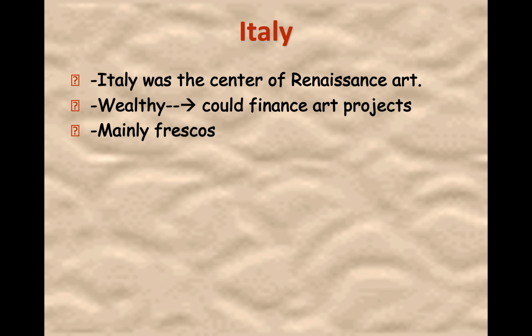Does anybody know what a fresco is? Kind of pause, maybe research it, do a Google search. A fresco is where you have plaster on the wall and you're able to paint over that. We see frescoes in Italy because it's hot. That plaster can dry really, really quickly. We're going to see a difference in the Northern Renaissance where they're going to be mainly using oils. Okay, and that was because it's a little bit colder and a little bit more rainy, and the water won't necessarily mess with the paint so much. Okay, but Italy's going to be mainly painting in frescoes.